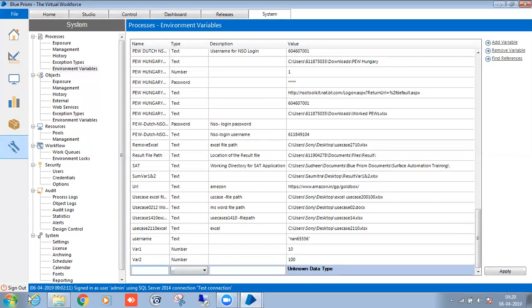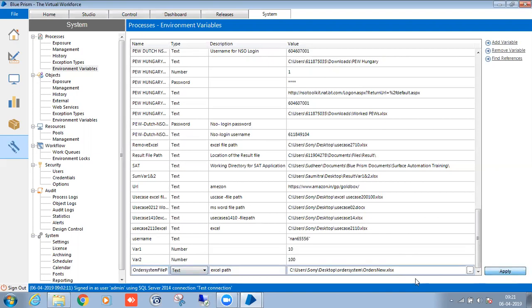Give the name. Text. So with that double quotation. Yes. Order system file path 06 is my environment variable name.